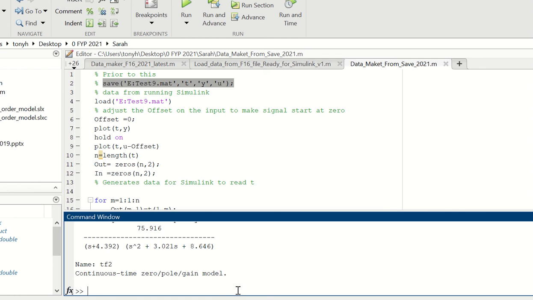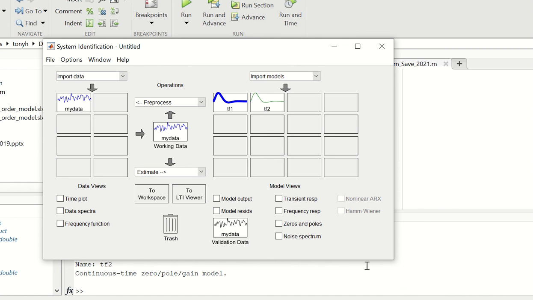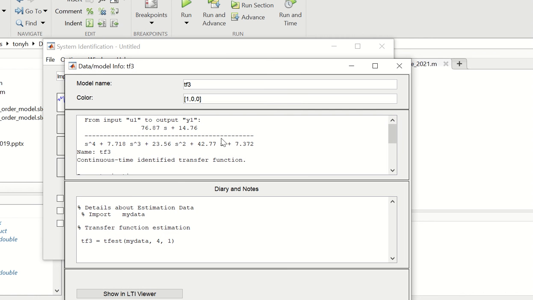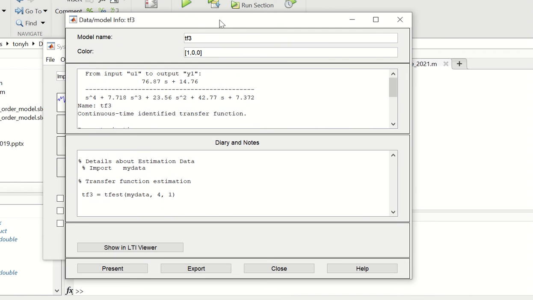Obviously, I did go through this quite quickly. You can try different numbers of poles and zeros in here. So if you over parameterize, let's just do an over parameterization. If we do estimate transfer function model, say we went for 4 poles and 1 zero, so we've overcooked it now. If we do an estimate, it's done that for us. So this is it. If we now move this one into the workspace, I export, and this is called